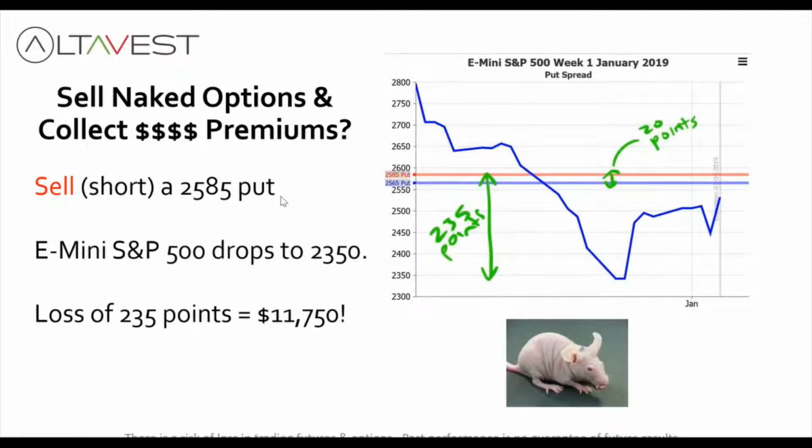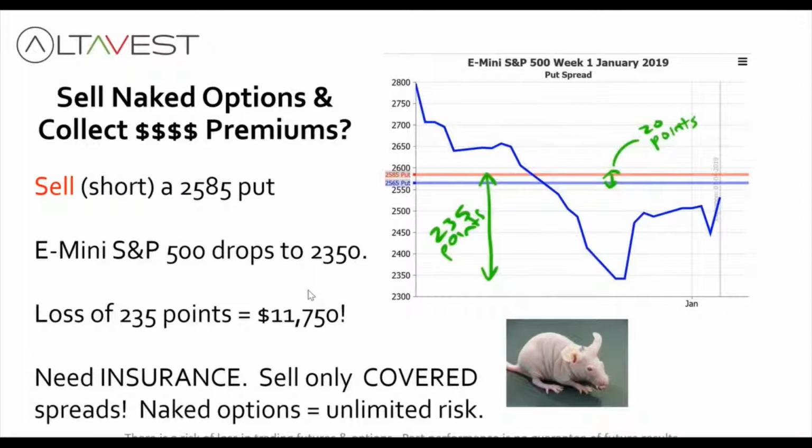The strike price of the put you sold is 25.85, compared to where we're currently trading at 23.50. That means that option is in the money by almost 235 points, or almost $12,000. So you're sitting on a loss of almost $12,000, minus whatever premium you might have received, which would be very, very little compared to that loss. So the moral of the story is you need the insurance. You only want to be selling covered spreads. Naked options is unlimited risk. So in our example here,